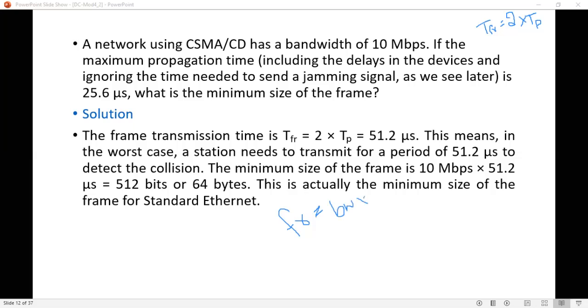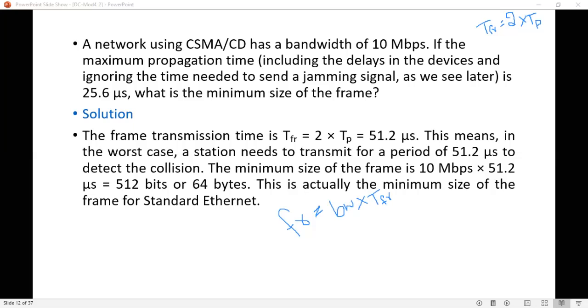You have to note down this formula. Here the bandwidth is 10 megabits per second, into the average frame transmission time,